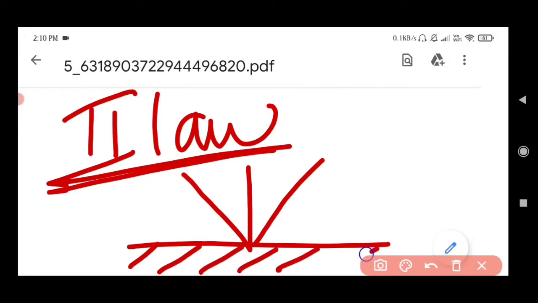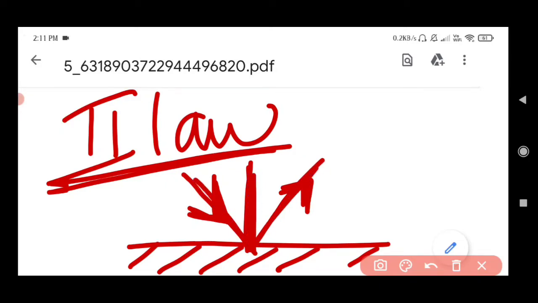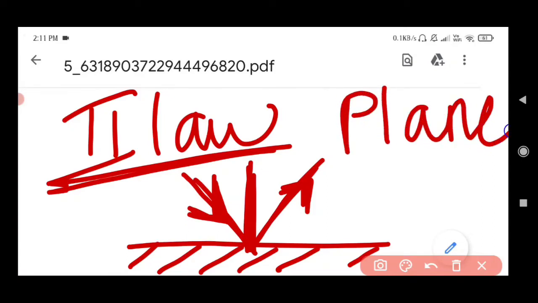The second law says that the normal, the incident ray, see I am drawing the arrow like this, and the reflected ray are on the same plane. So many students do not get this. What is the meaning of same plane? What does it mean, same plane? So I will explain. I should use a little bit of mathematics here. Don't get scared, just a basic thing.